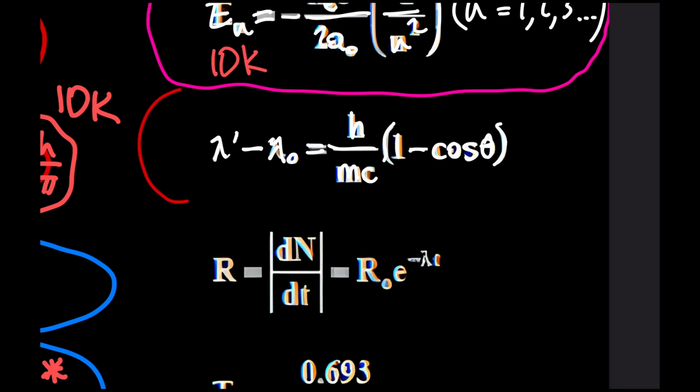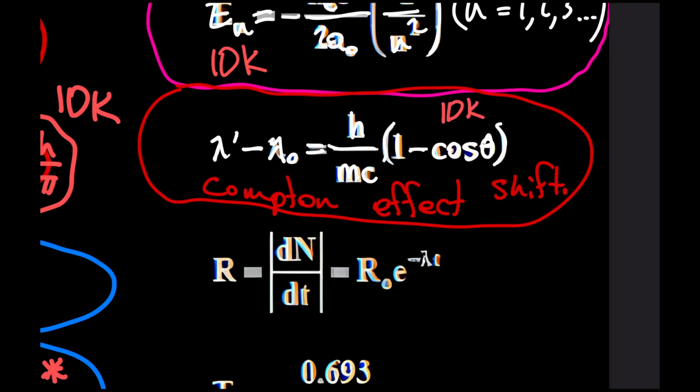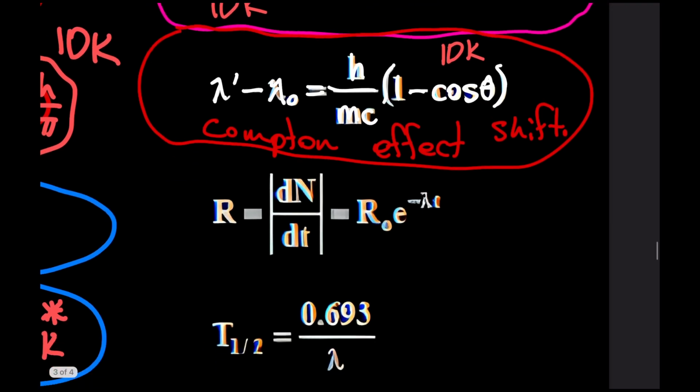So I know off the top that this is in the quantum physics section, and it is specifically the Compton effect, Compton shift equation. I haven't done a problem related to this, but I remember clearly in the 7-minute summary, I saw this equation and I saw it was in the Compton effect section. So it is here. I'm going to go back, do a couple problems related to it,